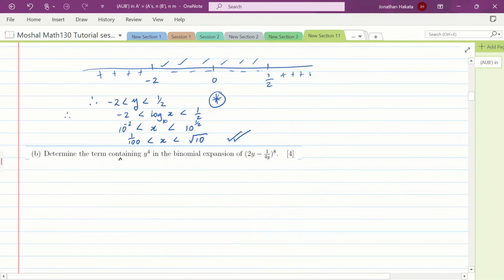Determine the term. I hope you guys are following. I'm just cruising. I'm assuming that we are together. Yes. Okay. So if you have any problem, anything that you don't understand, please just unmute and say anything into your gadget. All right. So let's